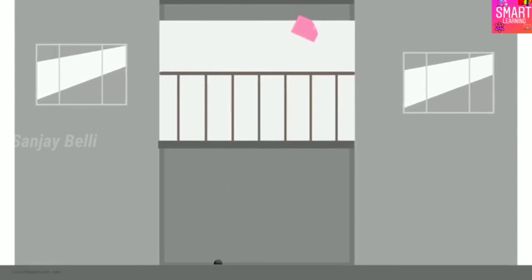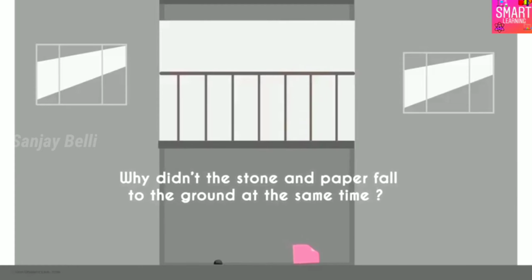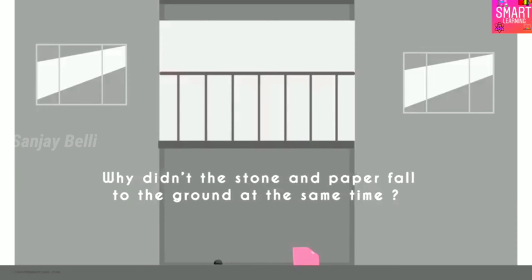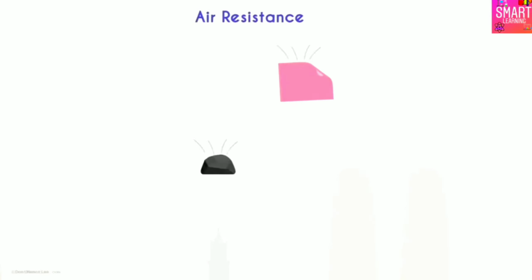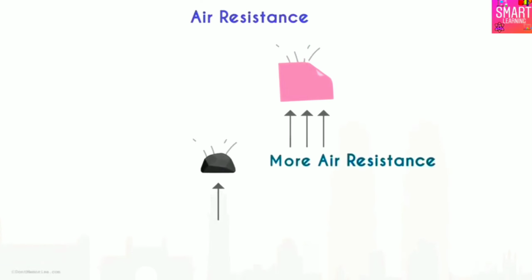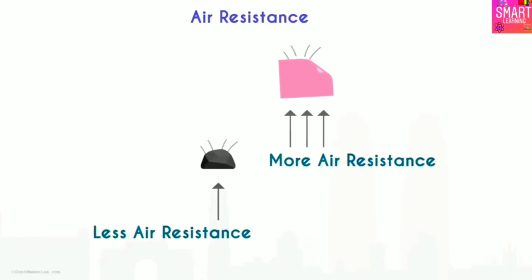The stone will reach the ground first. Why does this happen? As it's independent of mass, both should fall to the ground at the same time, right? The answer to this is air resistance. When objects are falling towards the ground, the air offers resistance in the upward direction, and the resistance offered to the paper is more than the resistance offered to the stone, and that is why the stone falls to the